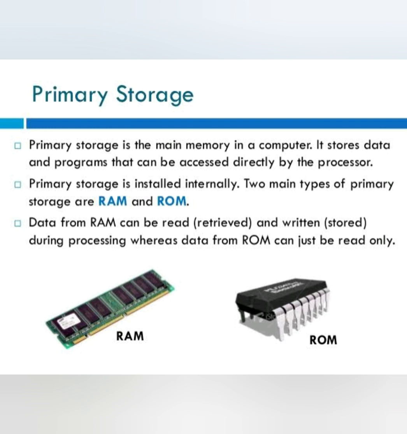So what does the word volatile mean? It means that it requires power to maintain the stored information. If the power supply is lost, all the data is lost. So, generally, primary memory is volatile in nature. Volatile. So, primary memory is a volatile memory where, when the power supply is lost, all the data stored in the primary memory will be lost.